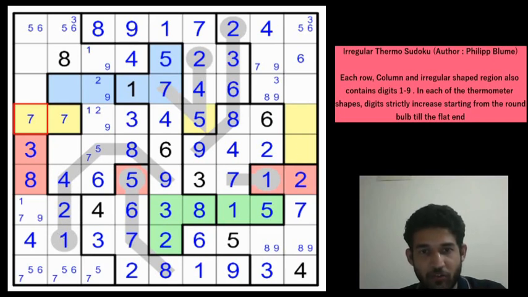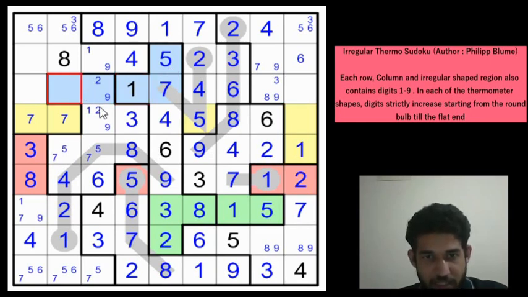Let us look along row 5: 3, 6, 8, 2, 4, 9. Remaining digits are 1, 5 and 7. This can't be a 7, so this is a 1 or a 5. And this is not a 1, so this is a 5 or a 7. So you have a 5-7 pair now, that gives us a 1 here. And the yellow cell contains a 1. Okay, the blue cell already has a 1, so not much information.